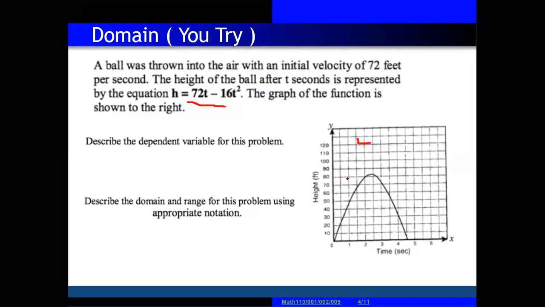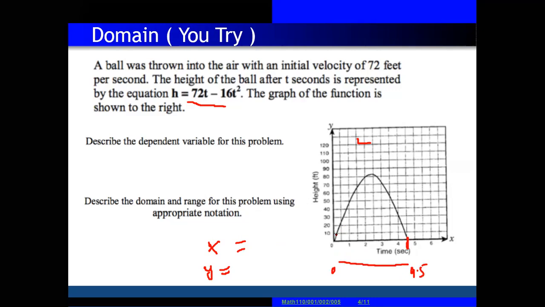You can also find the domain and range from the graph. All x values are actually the domain, and all y values are the range. All values on the x-axis are domain values, and all values on the y-axis are range values. You can see on the x-axis the domain starts from 0 till what? Let's suppose this is 4.5. So from 0 till 4.5.